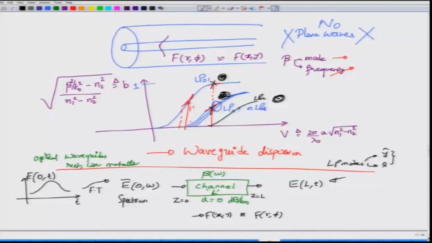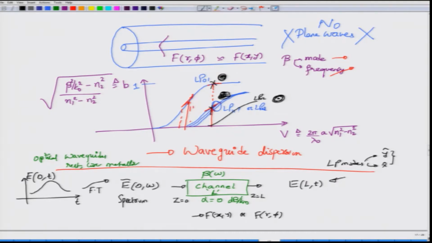In this module we will continue the discussion of dispersion, and we do so by going back to this channel and the problem of finding the output electric field E(L, t) when I know the input electric field E(0, t). Because I know the input, I also know the spectrum, which I have written as E~(0, omega), with a wavy line on top of the electric field to denote that this is the spectral quantity that I am dealing with.